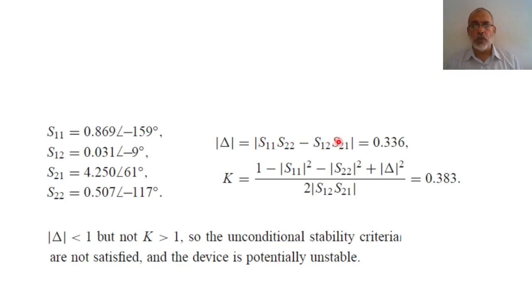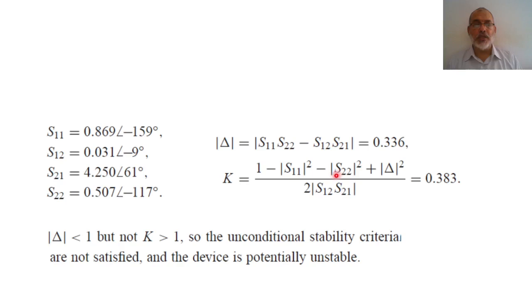By taking the magnitude, we will find that it is 0.336. Okay, the magnitude of delta is less than unity. One condition is satisfied. What about the second condition? The second condition is K, which is 1 minus the magnitude of S11 squared, which is